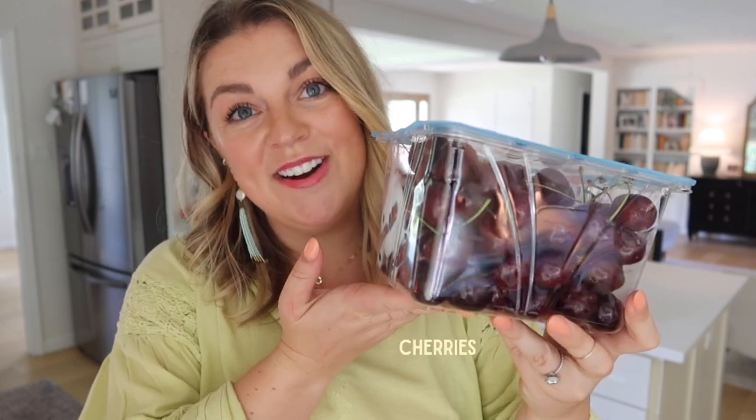One of the main things I get from Costco is produce. Today, I got some of these gorgeous organic red cherries. Cherry season. Probably should have bought two. Cashmere, last time I brought these home, he ate them in like a day and a half and I hardly got to enjoy them. I like to buy whatever is in season, but the few produce staples I'm always buying,